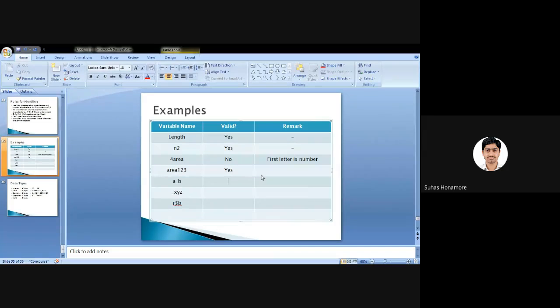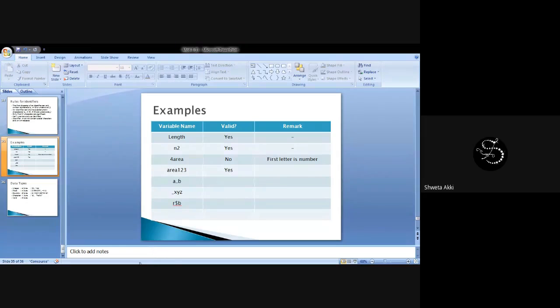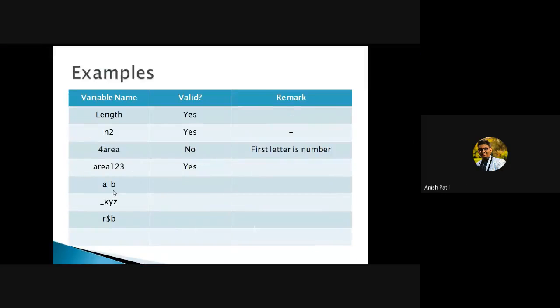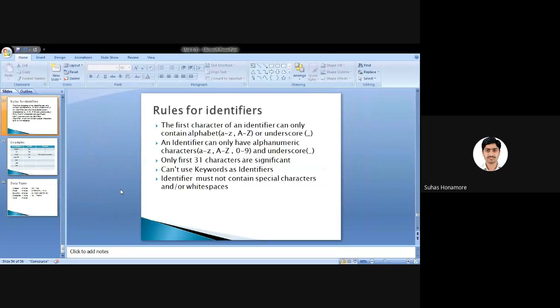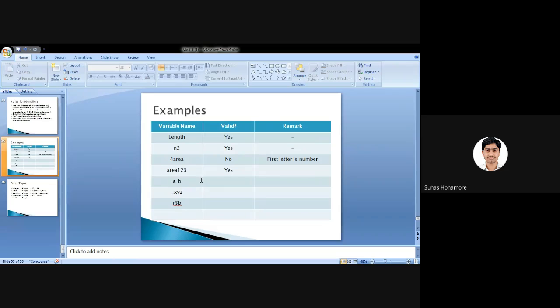So what about the next one here? Invalid. Okay, why invalid? Space. No, this is not a space here. Actually, this is an underscore. One second, valid. Here you check it, this underscore is there. Valid, yes, sir. Okay. So why valid is: letters are allowed, underscores are allowed, digits are allowed. All of these are allowed. Here we have letters and underscore only, and the first letter also is fine. So it's valid only.